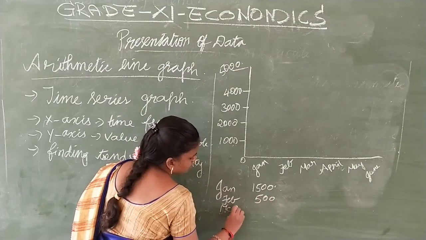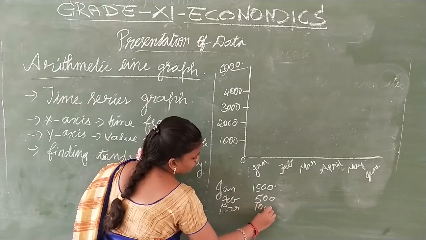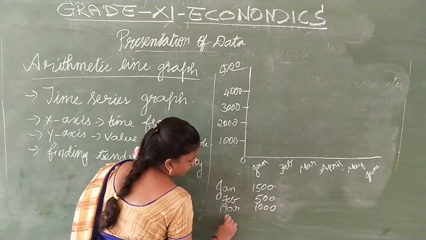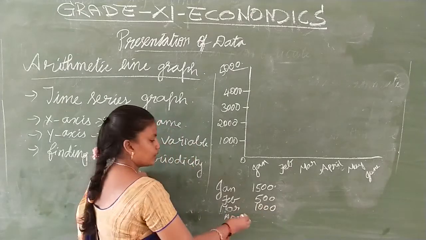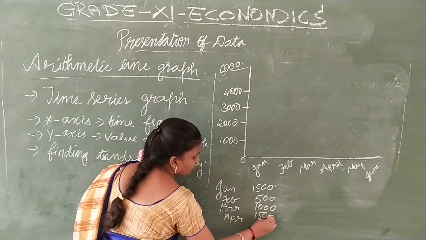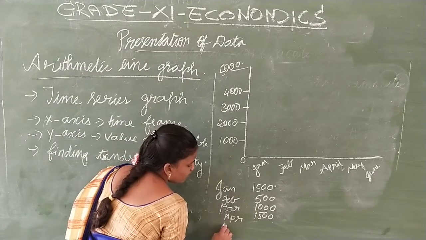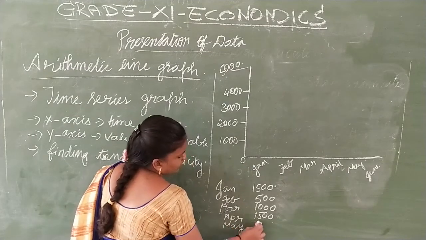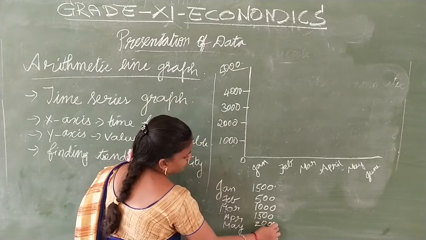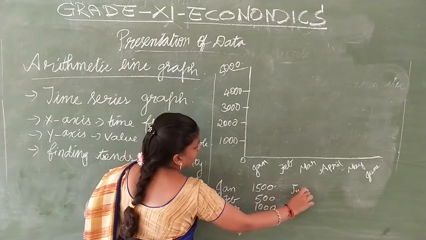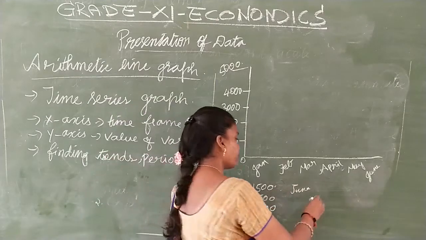In March it boomed to 1000, and in April it again came to a level of 1500. Then in May we'll have somewhere 2000, and June it went on very well,